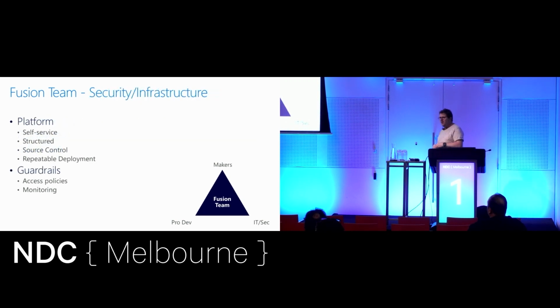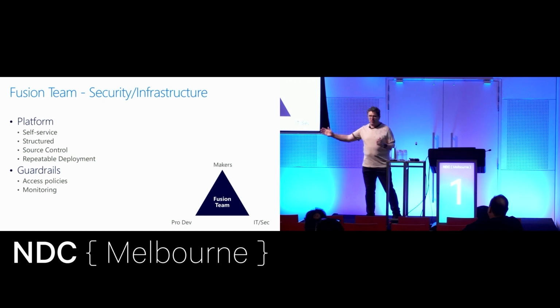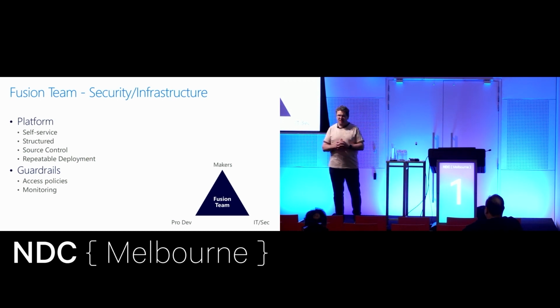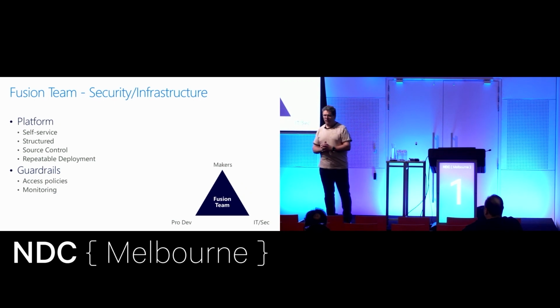Now, of course, our friends in the IT and security departments are also pretty aware of the sort of things that could happen if you just let the general population in the organisation at the data, at the systems. They want to make sure that there's no way they can leak. So you can't accidentally publish, for example, all of your customer records out onto some open web API. You can't expose all of the salary information for the company, all those sorts of things.